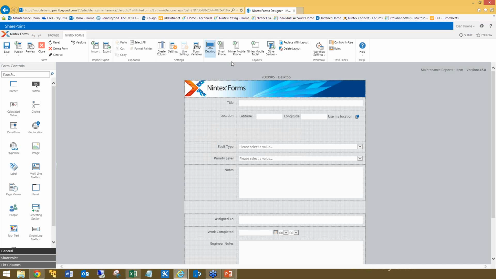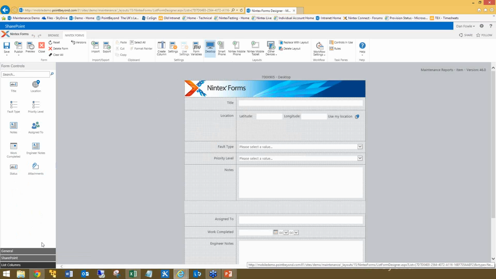Now you can go in here and do any amount of branding and styling. I've kept this fairly simple out of the box just to show you what it looks like. We've put together a number of different items in here, and you can see that our list columns from our SharePoint list are all available in here. We simply drag and drop them onto the form